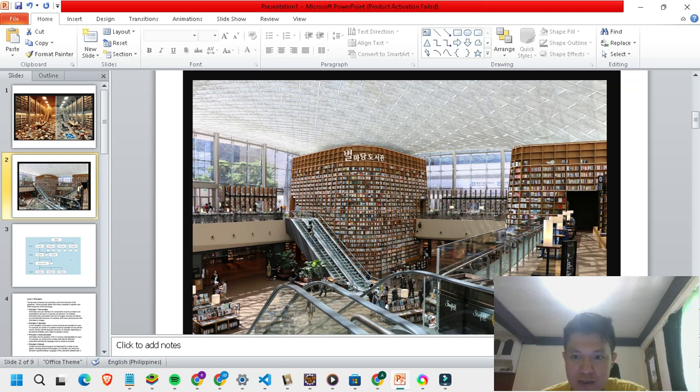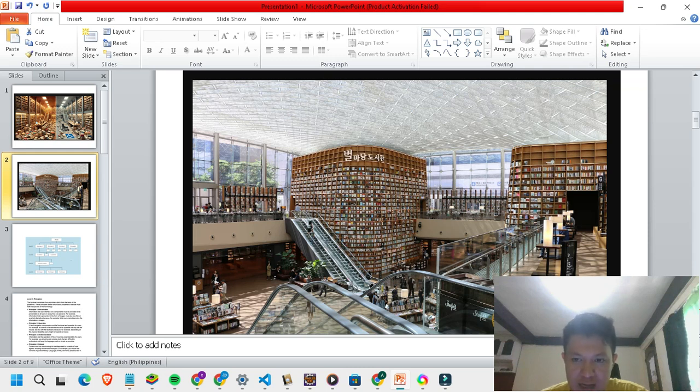So it's a big library in Korea where the books are organized. You can clearly see where the history books, literature, and science are.